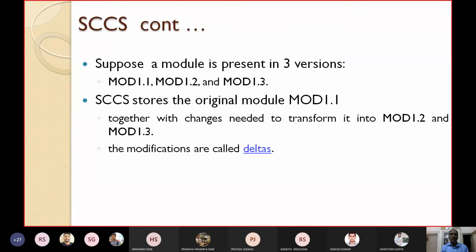These modifications are called what? Deltas. The changes required to go from module 1.1 to module 1.2 are known as deltas. Similarly, the changes required to migrate from module 1.2 to 1.3 are also called deltas. So SCCS stores the baseline version and the deltas.